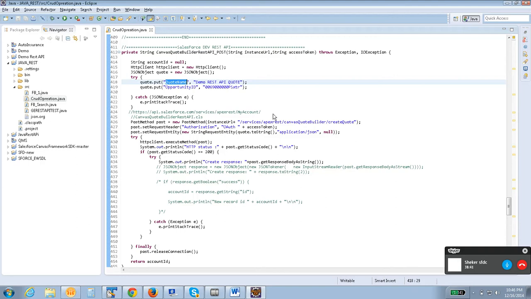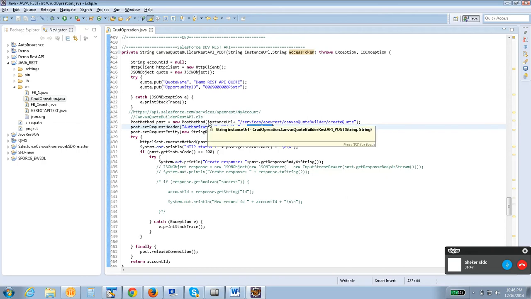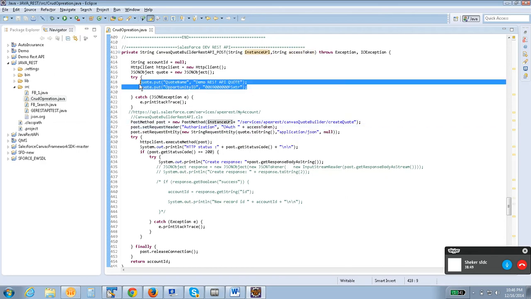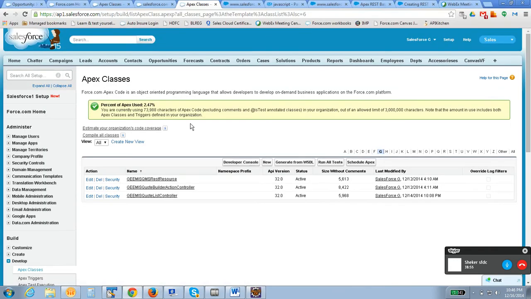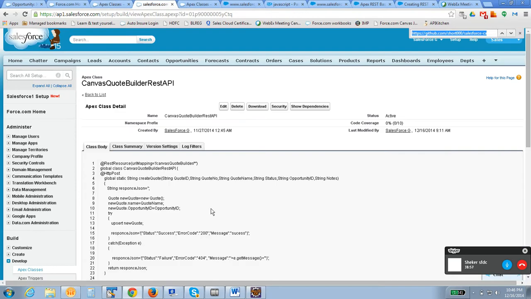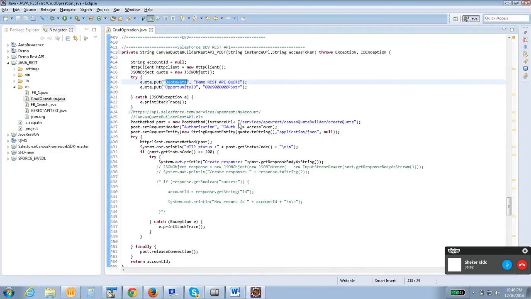You need to explain about three things. One is how to get the authentication token. Second is what parameters you need to send. The parameter name should be the same as that particular name. Case matters. Here it should be the same as this name, or else it will throw an error. And the third thing is which endpoint you are going to hit. So in this case, we are passing the parameters.